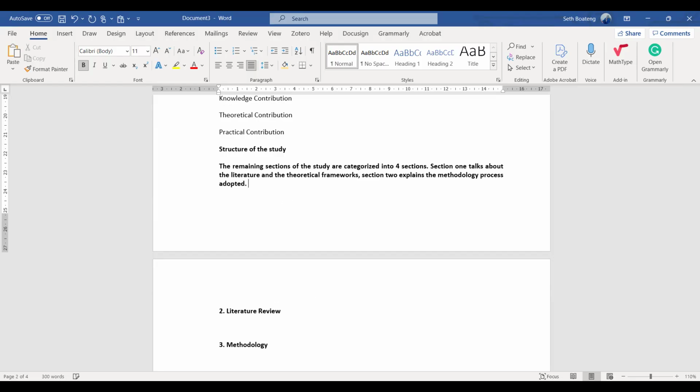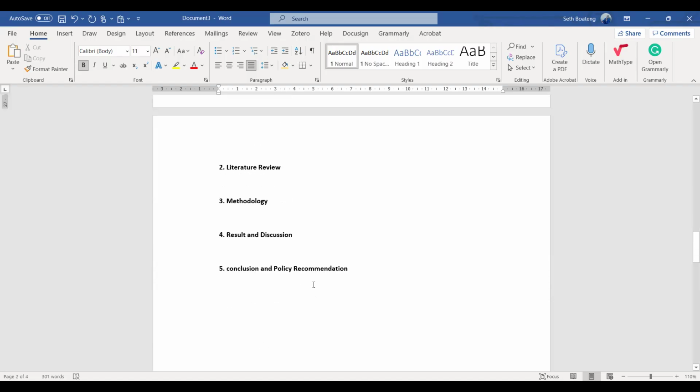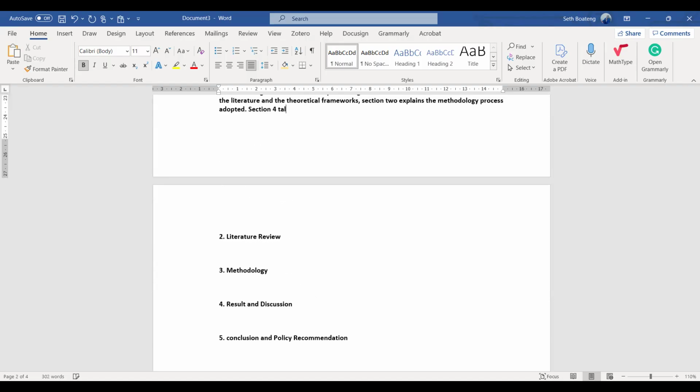And then maybe section 4 talks about or presents the results and discusses the findings. Lastly, the last section concludes the study, something like that, and you are good to go.